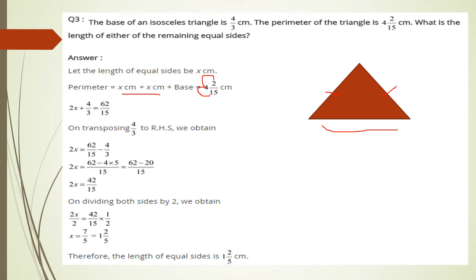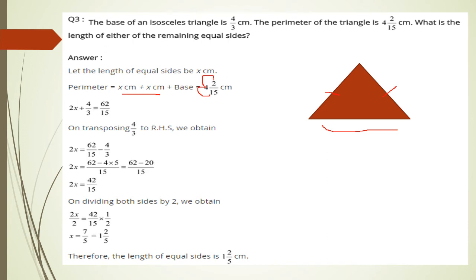Children, again here is the same problem. The denominators are different. We cannot add or subtract the numerators directly if the denominators are different. To equalize these denominators, we find the LCM of 15 and 3. So do it yourself, children. Find the LCM for 15 and 3. I got the answer as 15 itself. The LCM for 15 and 3 is 15 itself.